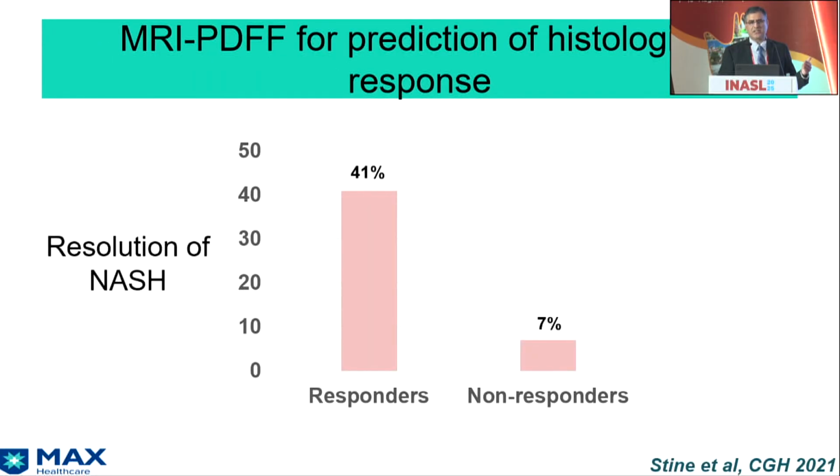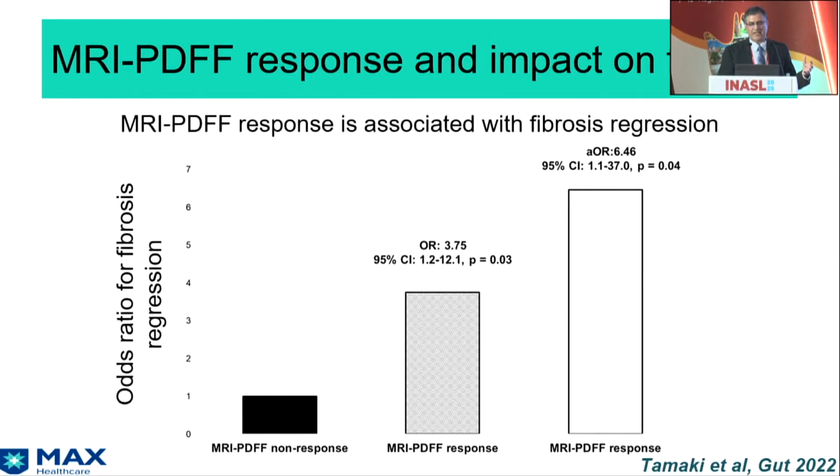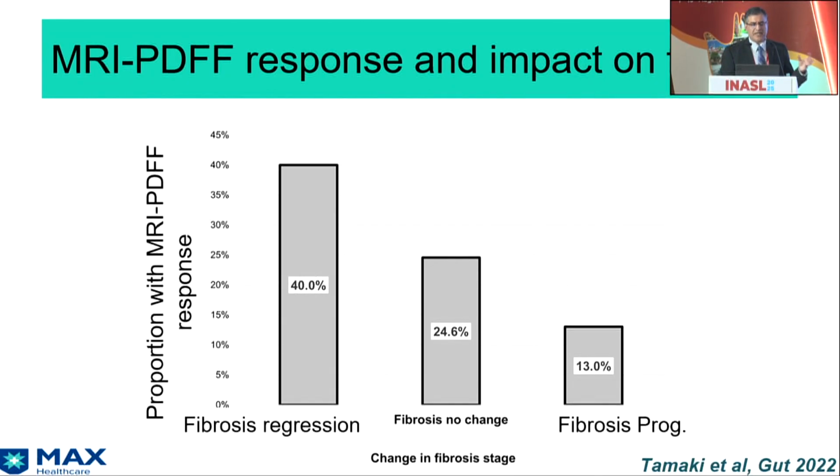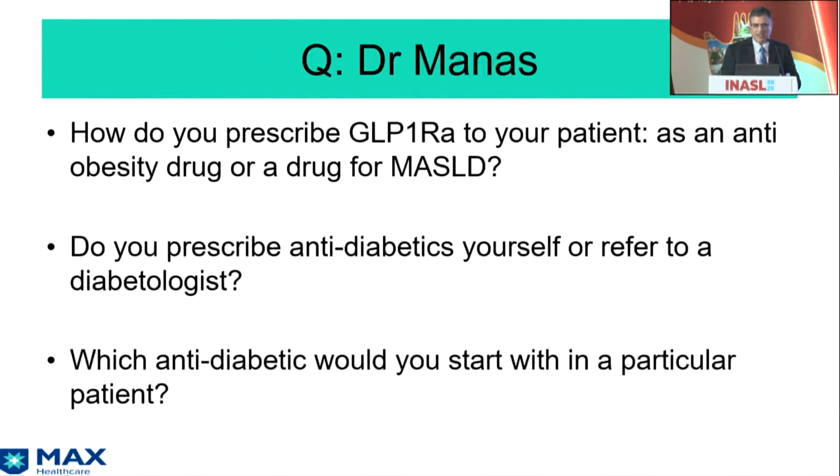Till now, we have this data which suggests that if you are able to show significant improvement in liver fat by a reduction of MRI PDFF by at least 30%, there is both reduction in liver inflammation as well as liver fibrosis. So the odds of having fibrosis regression with an MRI PDFF reduction of 30% were almost 6.4, data derived from multiple randomized control trials. Since we are so much after fibrosis, this does show that reducing fat has an impact on that.